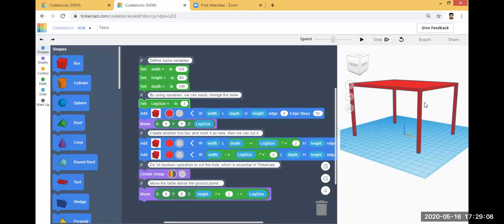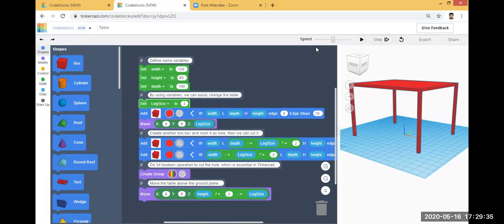So once again, code blocks is the creation of 3D design using visual programming. It includes the creation and use of variables. Here the width, height, depth, and leg size are variables, and the values of the variables can be changed to easily create designs of different sizes.